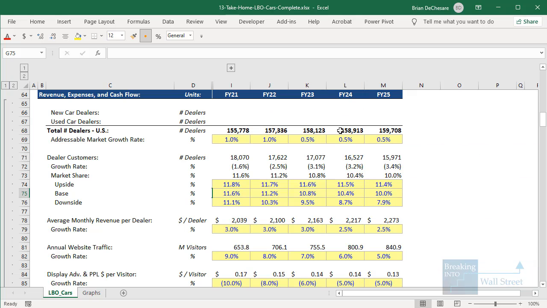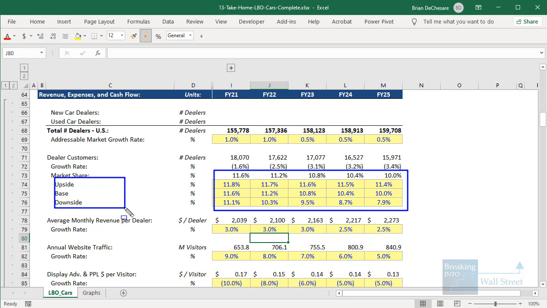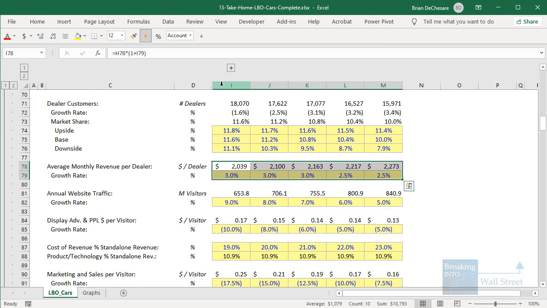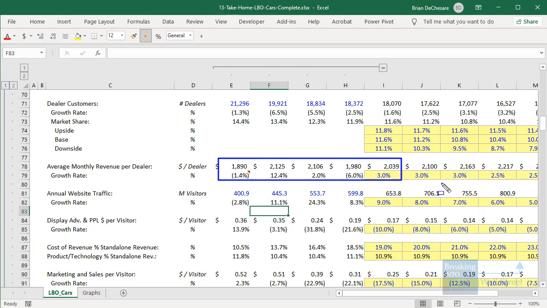So based on that, going forward, we set this up and built in multiple scenarios where in each case, the market share is falling. The market is growing very modestly, but in each case, the market share is falling. The main difference is that it holds up a little bit better in the upside and base cases than it does in the downside case. And we just assumed that the average monthly revenue per dealer was rising roughly in line with inflation. It stayed about the same, maybe gone up a little bit historically, so we felt that was a fairly safe